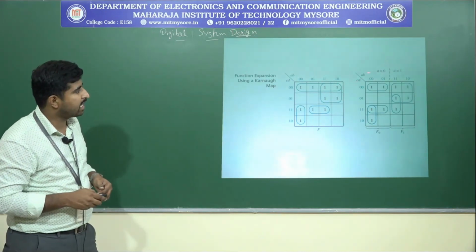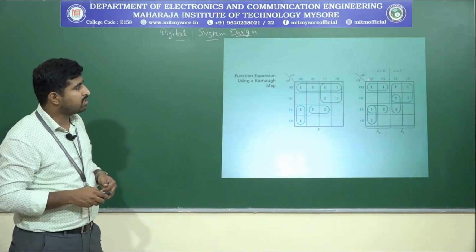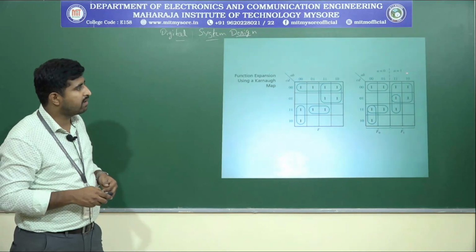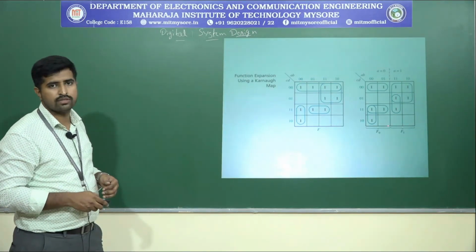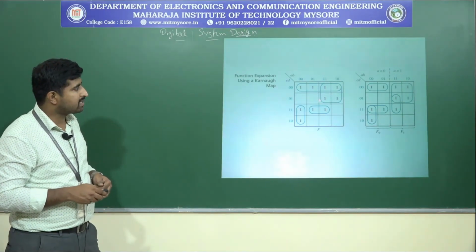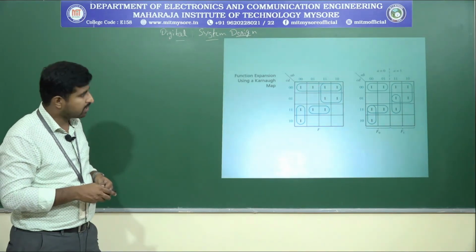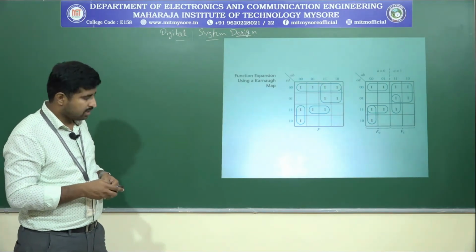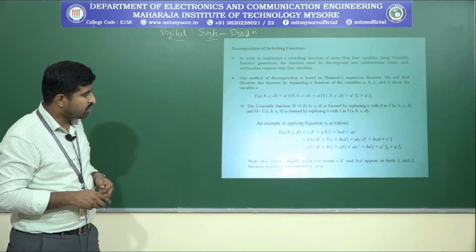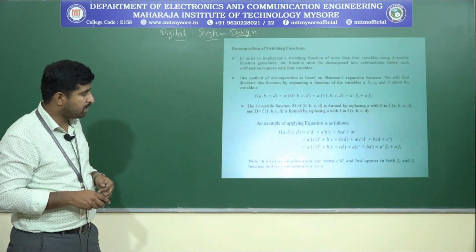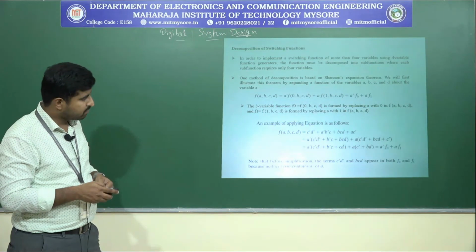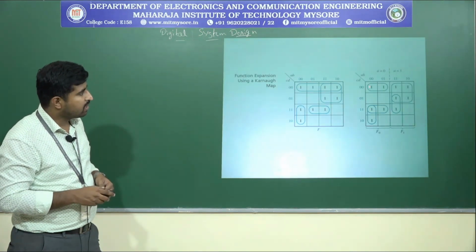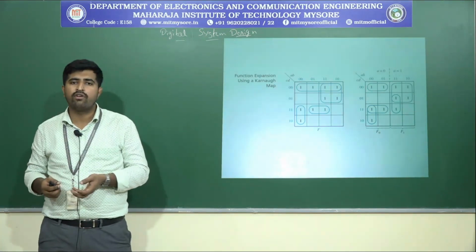Here I have taken a, b, c, d, where a will be 0 for these 2 columns, and similarly a will be 1 for these 2 columns. So a equals 0 here, and according to that we group. See here, for a equals 0 we have a c bar d bar plus b bar c plus c d, so that is applied here. Like this we implement the higher number of variable functions.